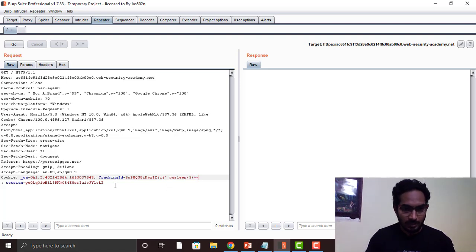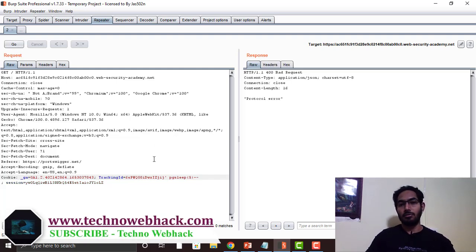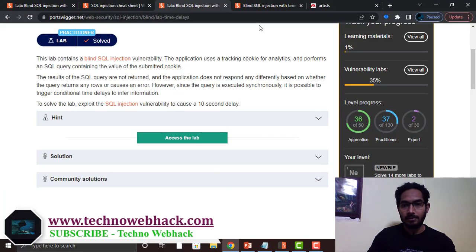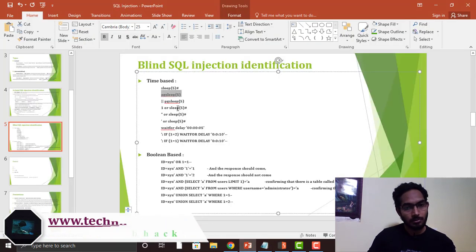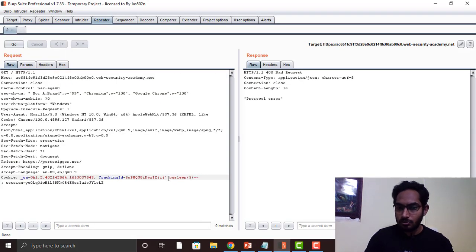Alright guys, so tracking ID equal to this single quote, space, and then pg_sleep, and let's see whether that works or not. So this is a bad request, I think that didn't work. Next, there is another payload which we can use. Sometimes a website doesn't accept only the pg_sleep payload, and here we have to provide the OR symbol into the payload. So it will be